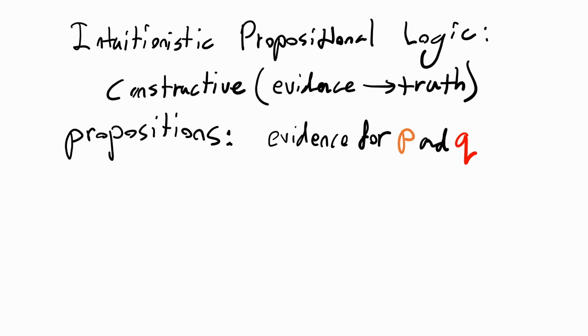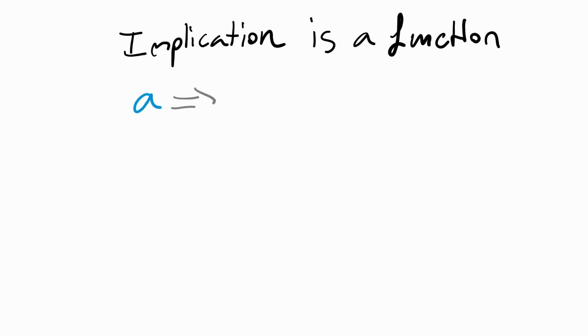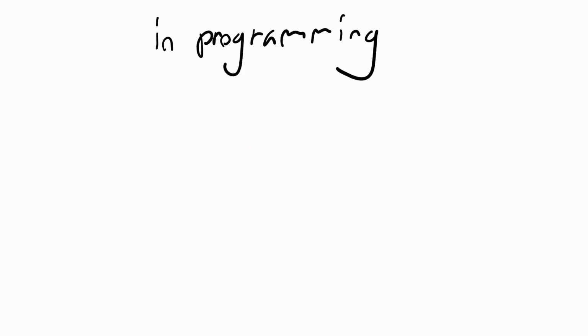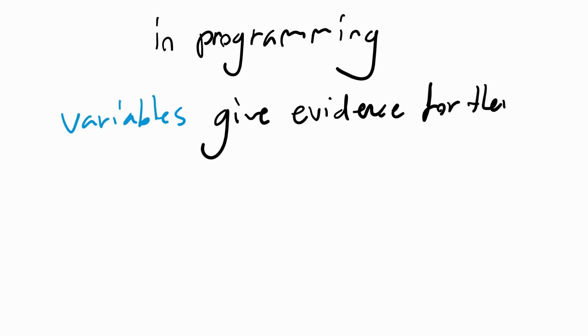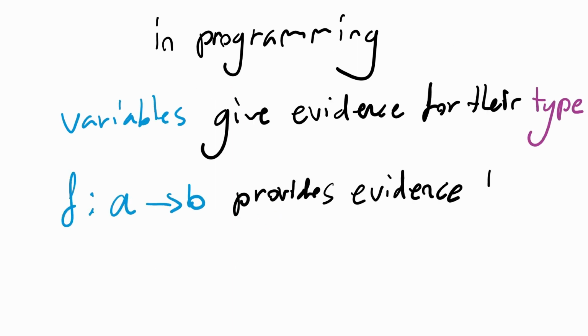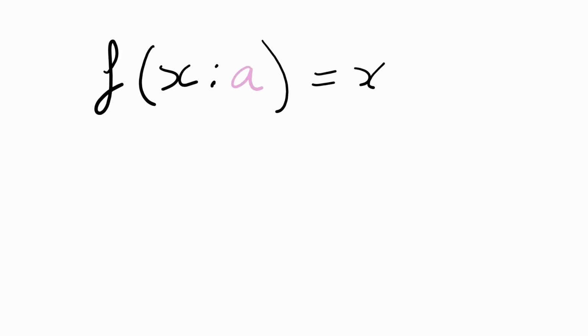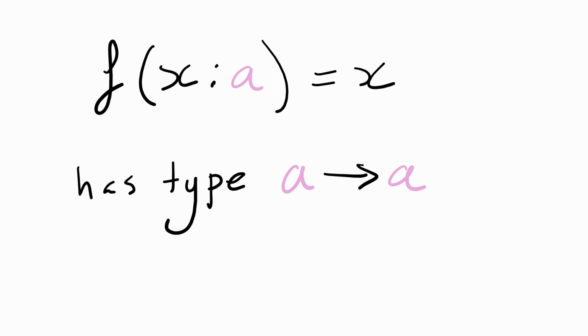How might we interpret the implication connective with this new evidence-based way of thinking? One way is to treat implication as a function that transforms evidence for one thing into evidence for another thing. Thus, A implies B can be interpreted as a function from A to B. In programming, we consider variables as evidence for their corresponding type, and a function as evidence for an implication. For example, the function f(x) = x, where x has type A, has type A to A, and serves as evidence